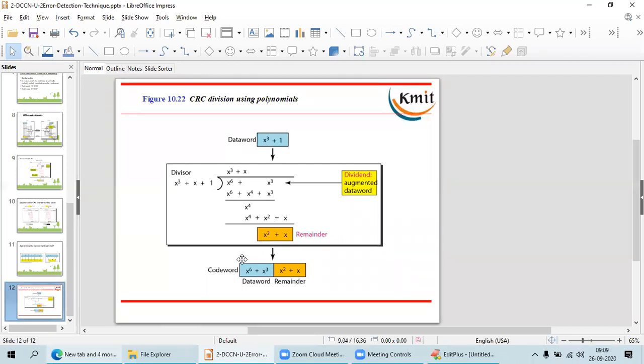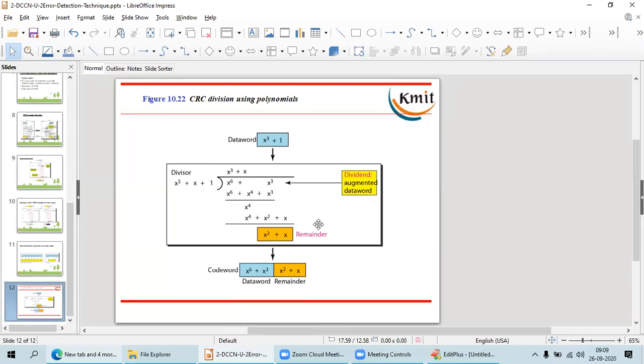This is the argument data word. Whenever I take x power 3 plus 1, I am multiplying with x power 3. My divisor is fixed here: x power 3 plus x plus 1.